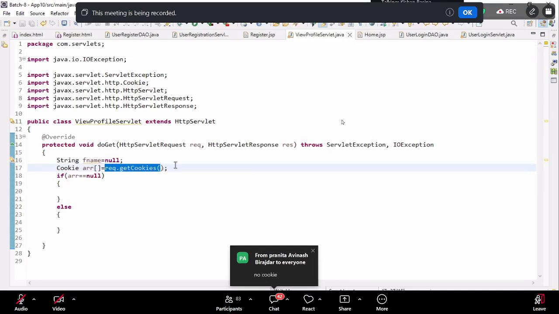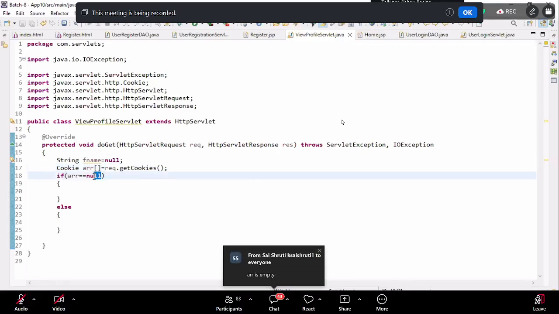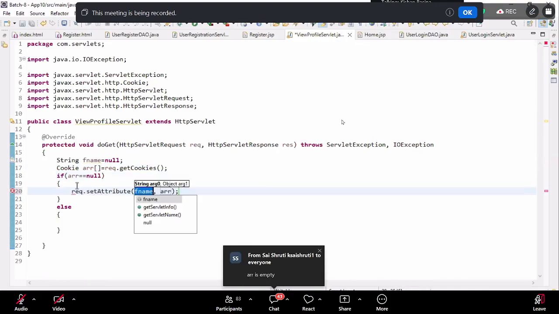We are trying to get the cookies. If cookies are there, then we'll be having our array. If no cookies are there, obviously my array would be null. Yes or no? In that particular scenario, request.setAttribute, I'm just going to write something like message, and here